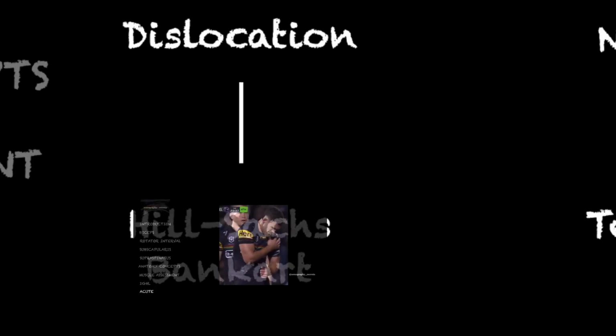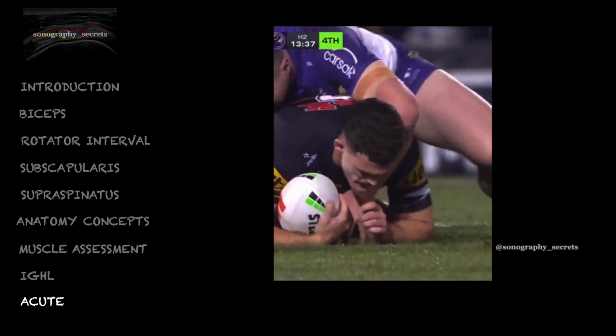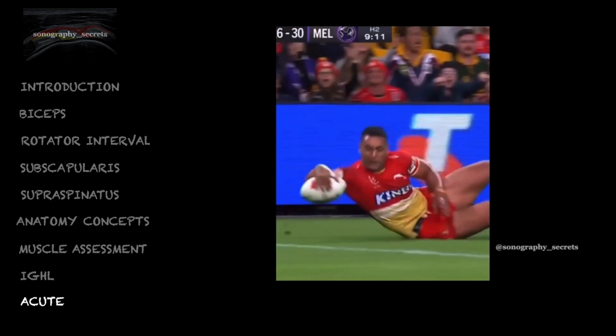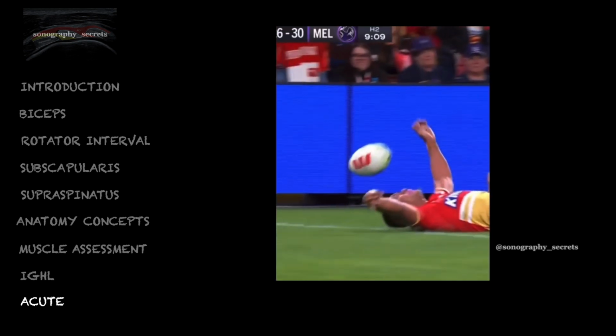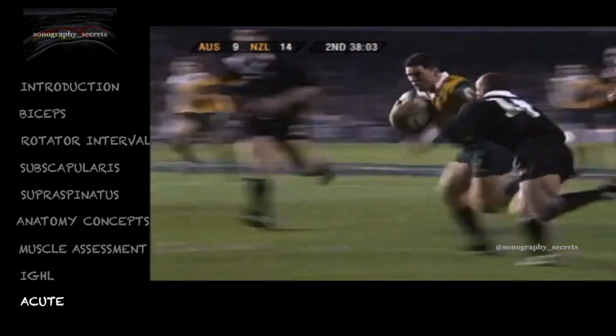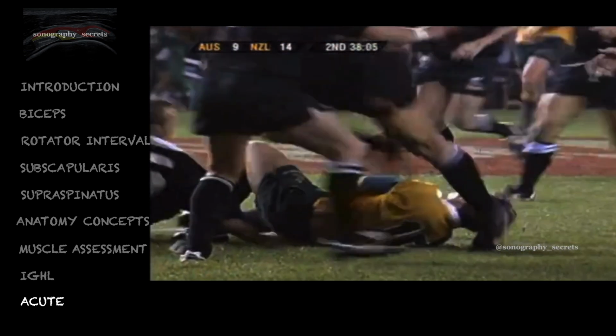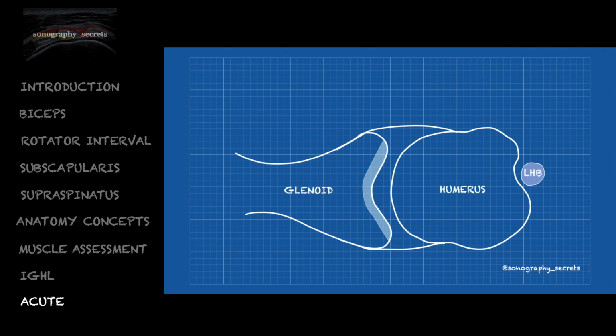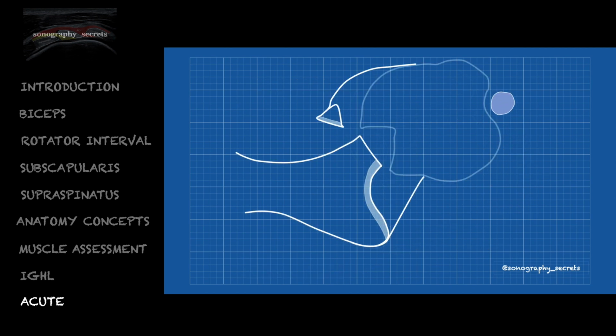Here is a collection of shoulder dislocations, and we can see a very similar mechanism of injury. There is forced abduction, external rotation, and extension. Now, approximately 90 to 95% of shoulder dislocations are anterior dislocations, where the humerus moves anteriorly. Here, the posterior lateral humerus can contact the anterior inferior aspect of the glenoid, resulting in a Hill-Sachs defect and